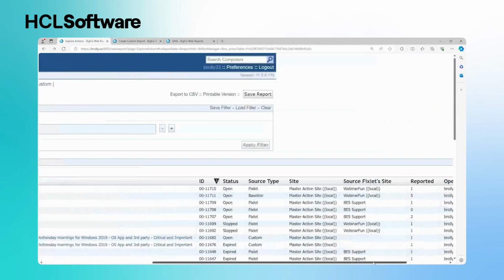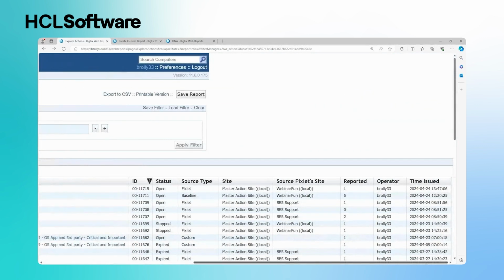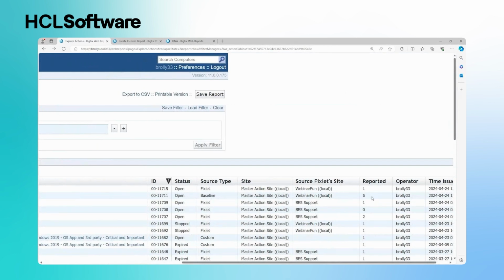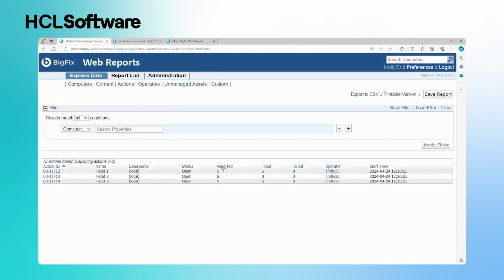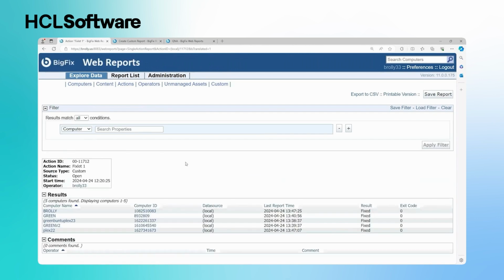I can see progress, right? There it is, 5 reported. And if I click in, I can see reported, and these 5 were fixed, these 5 were no result, these 5 were fixed, I didn't have any failures. But to see those individual exit codes can be very valuable. So the only one, well, I'll check this one first. So I'm gonna click into there, and there for each computer that took this action, I've got the exit code